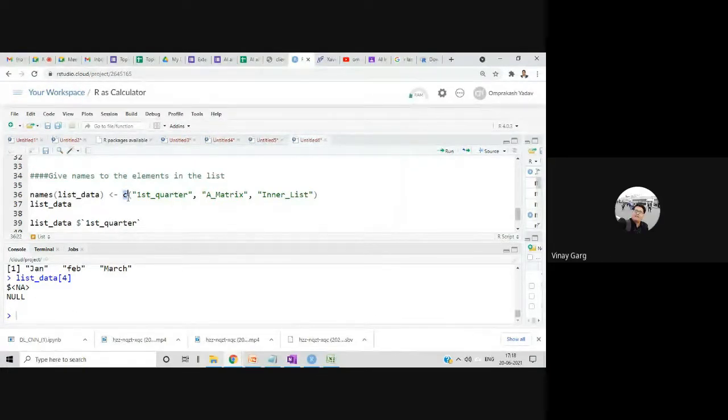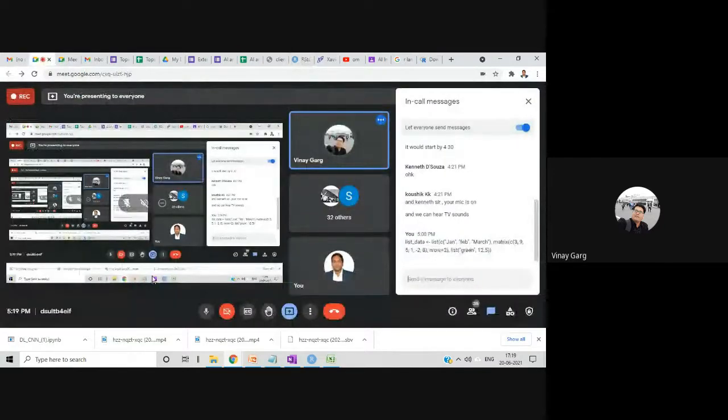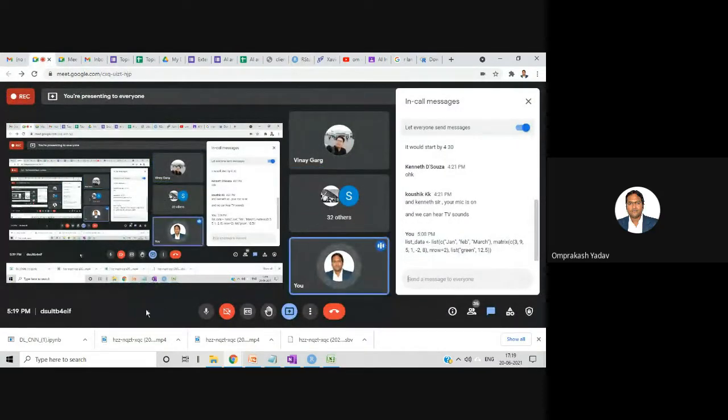Yes, done. Still getting an error, I think something like invalid function in complex assignment. If you can share your screen, or put your error in the chat box, everybody will be able to see and solve it. One moment, I'm just copy pasting.